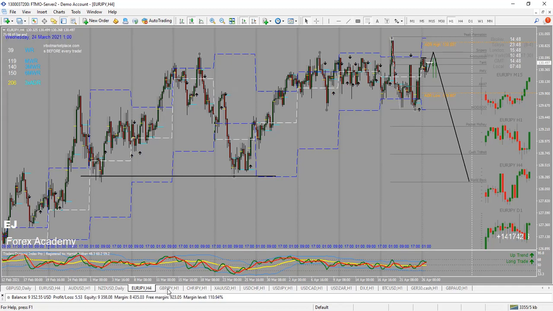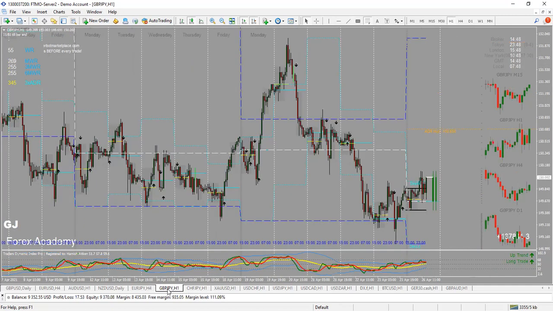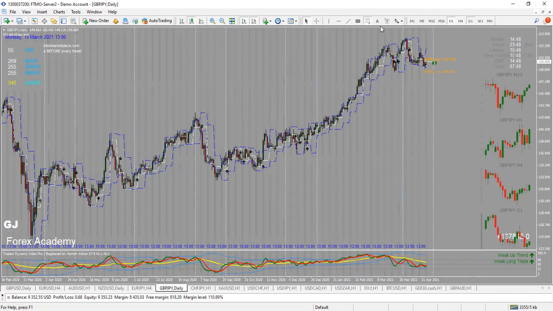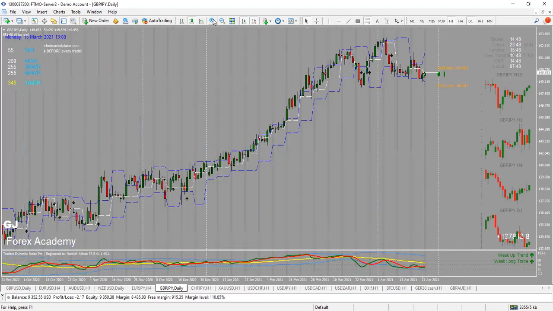And then going with GBP USD, GBP JPY, I'm bearish on this pair. Why I'm saying I'm bearish is because the market will be looking to take out this liquidity, and then at least come to test this fair value gap here. And then the market is now trading within this high and this low,